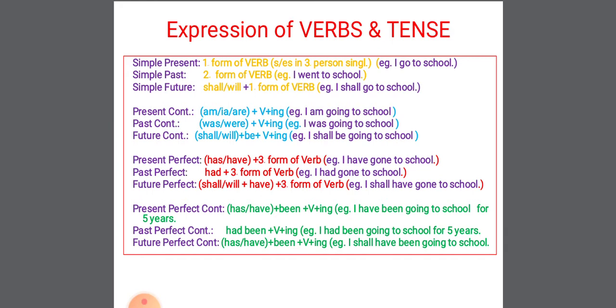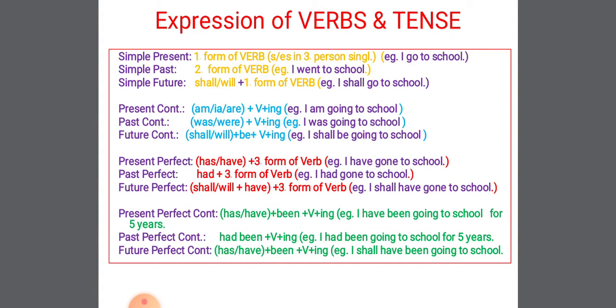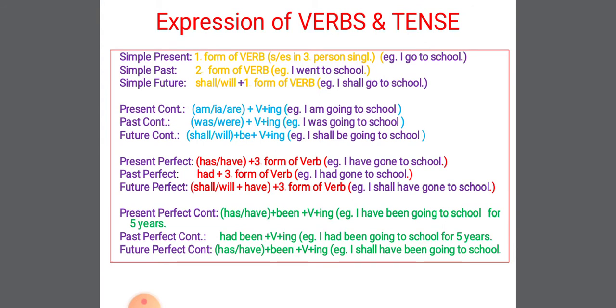If we see the expression of verb and tenses, I have already referred to a few Hindi sentences to make you understand better. For example, see, simple present, simple past, and simple future. Here I have juxtaposed all those three tenses together: simple present, simple past, simple future. What are the changes that we can see? See, actually in Hindi also, again I would like to repeat those examples.